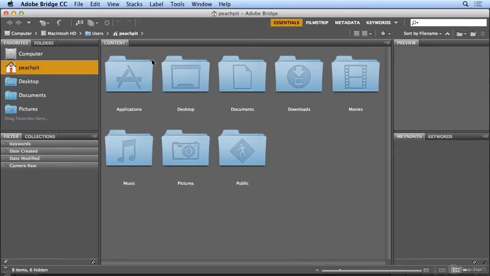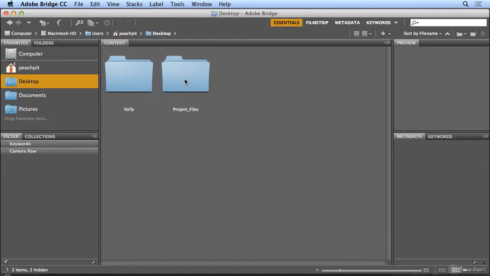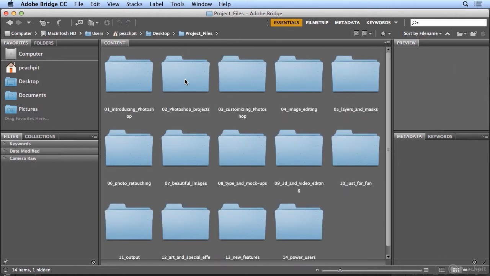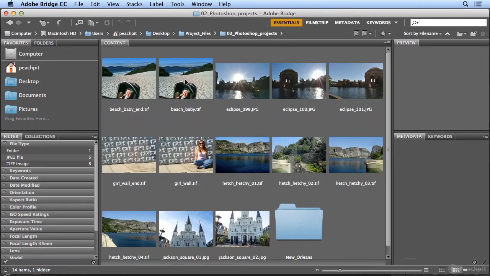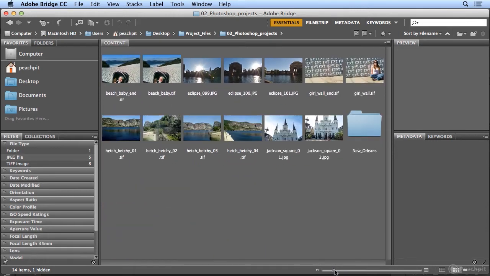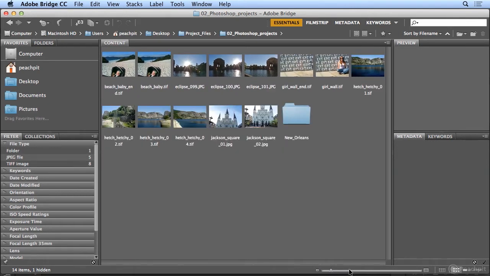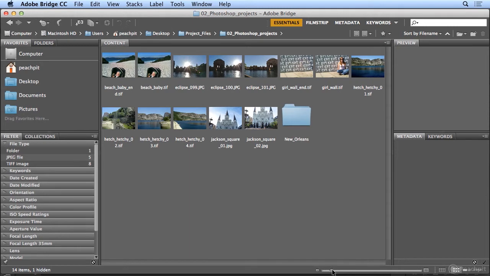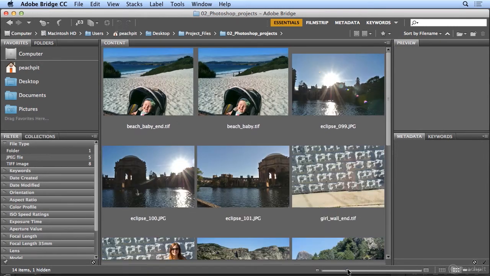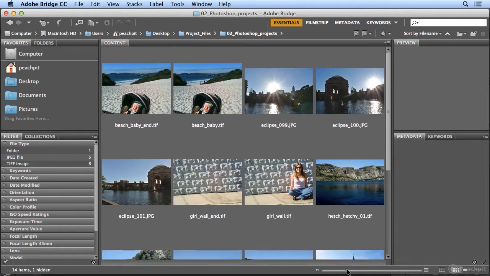Once Bridge launches, it brings me to my user folder, and I want to get to our lessons for this video. So I'll double-click on the desktop, double-click on Project Files, and we're in Chapter 2. Now your Bridge preview may be smaller, so there's a slider down here at the bottom right to make the images in this folder larger or smaller, and you can see that I've taken a few shots that could be